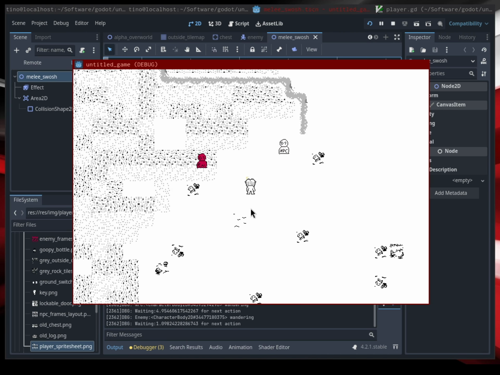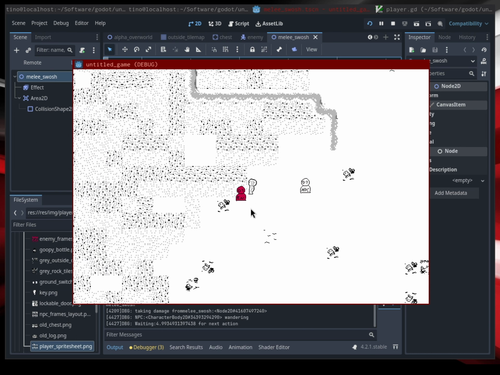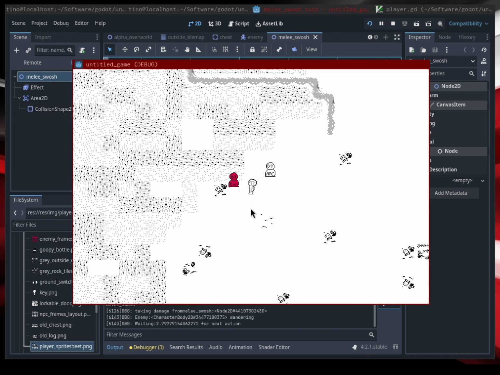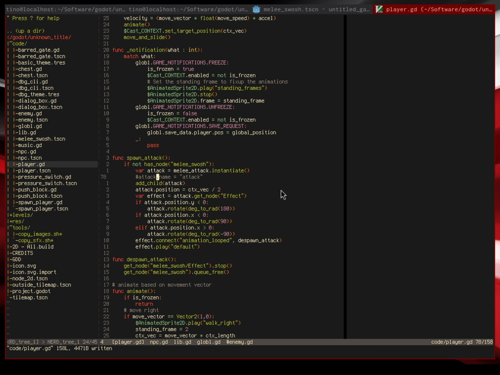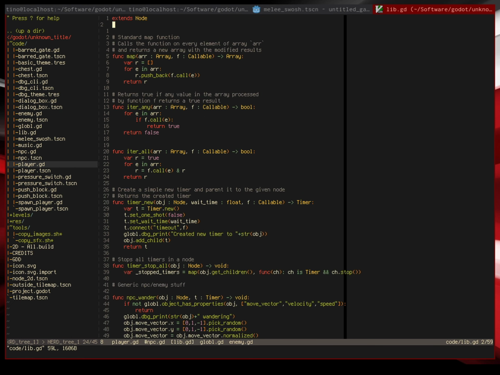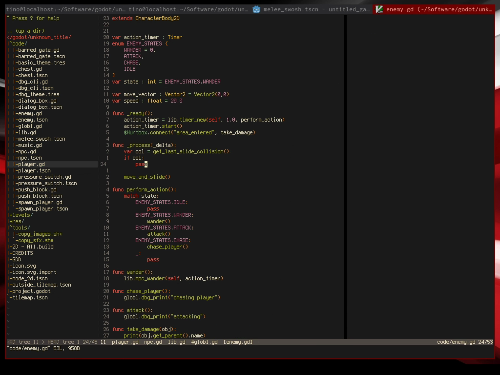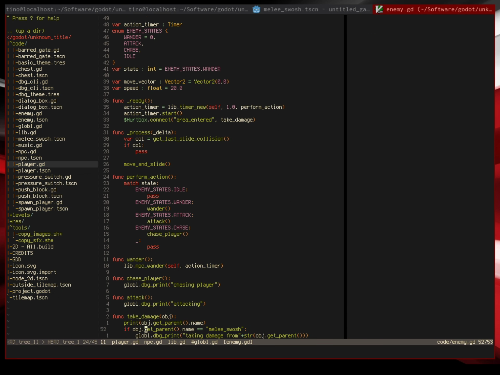Okay, still seems to work. Taking damage from melee swoosh. No. Okay. Yeah, that's the upside and downside of doing it like this, because if you forget the name of your node, then it won't work. It just won't work. But yeah,